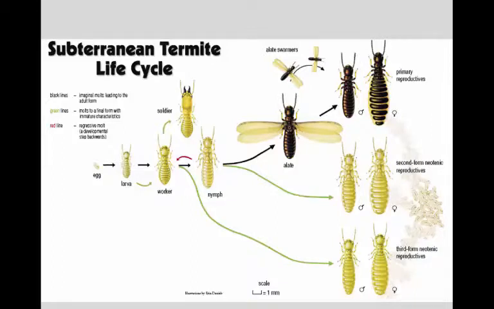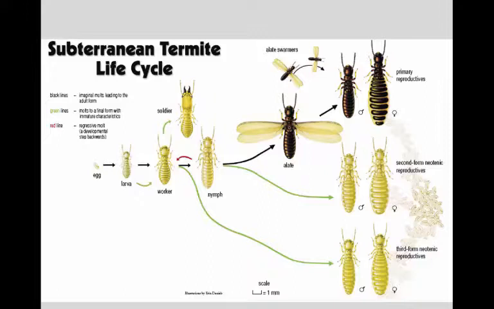Now, let's go back to the subterranean termite, and the reason why I want to go here is I wanted to show you one of the reasons why I think they're really good at being pests of cellulose. While we talk about this different caste system, they've got the workers, the soldiers and the reproductives, they have a very plastic system, and it can be modified according to their needs. In essence, a subterranean termite colony is initiated by a pair of winged